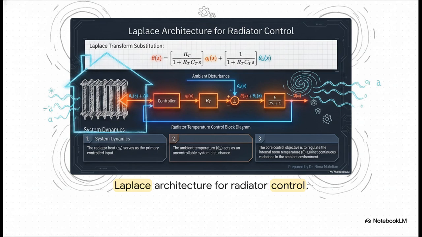Walk through the block diagram with me here. The controller compares the desired temperature against the actual room temperature to generate a heat command, QI. This heat flows into the room's thermal resistance and capacitance matrix. But notice the ambient temperature, theta A. It enters the summing junction as a totally uncontrollable system disturbance. The controller's entire objective is to continuously adjust the radiator's output to combat that ambient disturbance and flawlessly regulate the